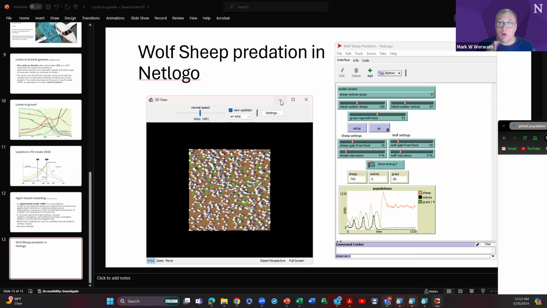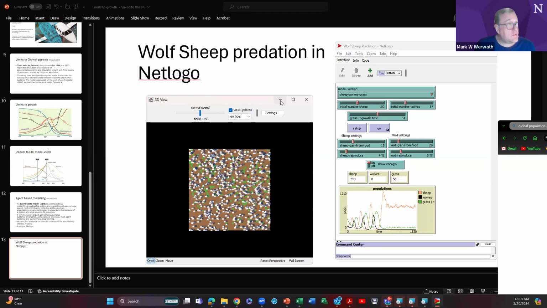However, one is consumed often by the other, right? So the sheep eat the grass, the wolves eat the sheep. If you run out of grass, you run out of sheep, you run out of wolves. It's that simple, right? But each has their own reproduction rate, each has their own rate of energy consumption, and each has their own initial state.